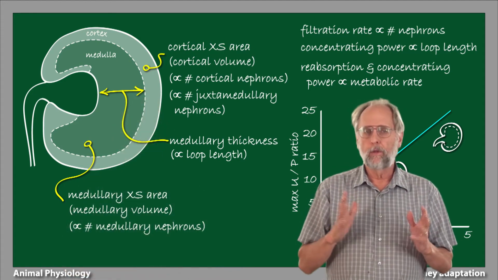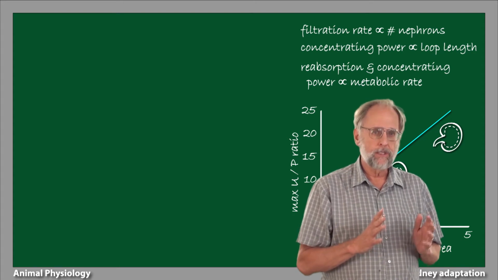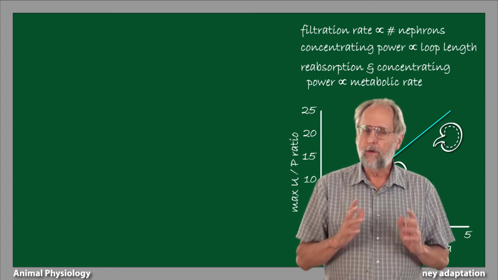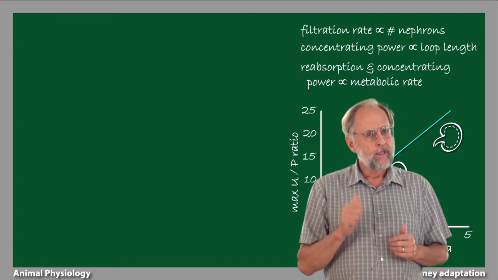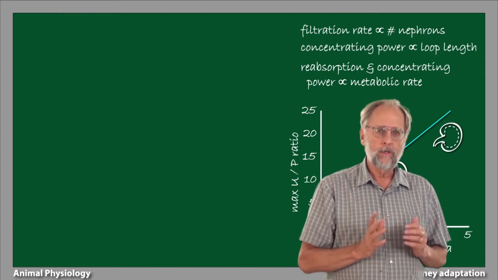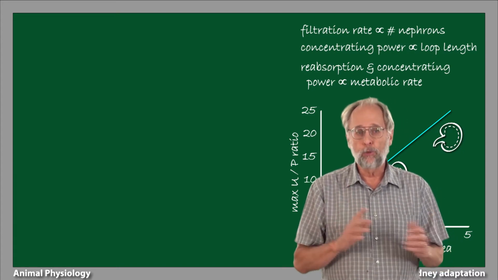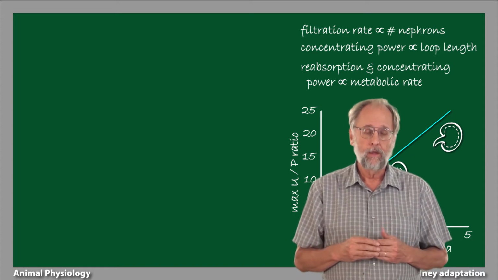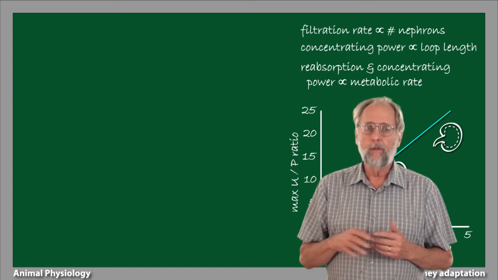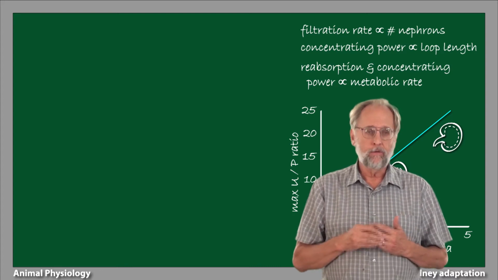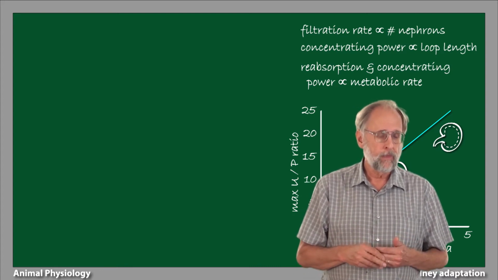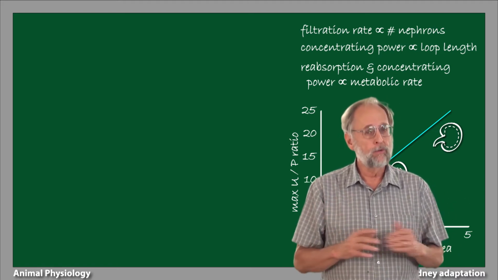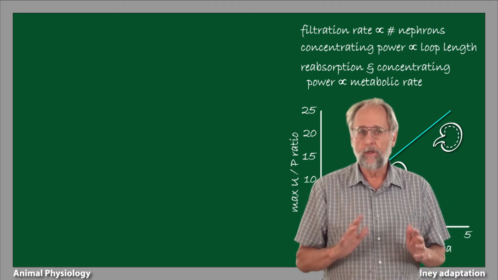This relationship between the relative area of the medullary cross-section of the kidney and urine concentrating ability is a little odd, though, if you think about it. The kidney with a high medullary to cortical area ratio is a kidney that has loops of Henle that are relatively long compared to the size of the kidney. You would think, therefore, given the mechanism that we've just outlined for how the urine can be concentrated, that the concentrating ability of the kidney should depend upon the absolute length of the loop of Henle, rather than its length